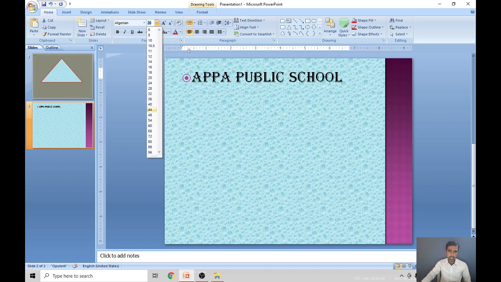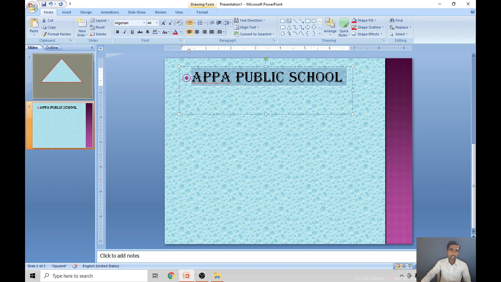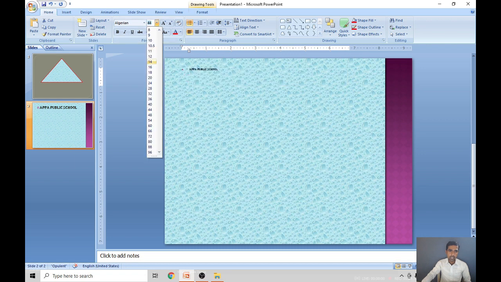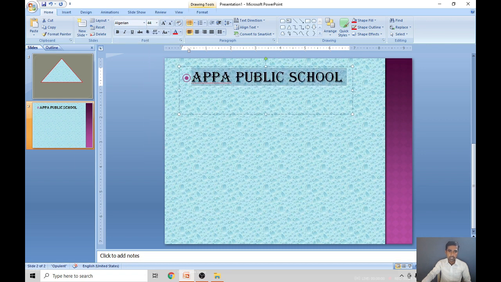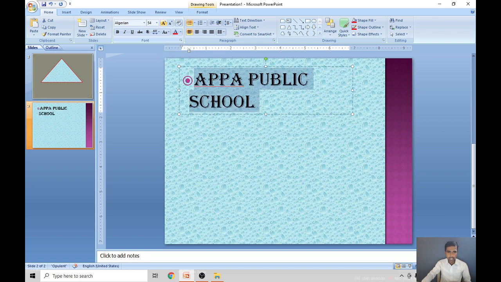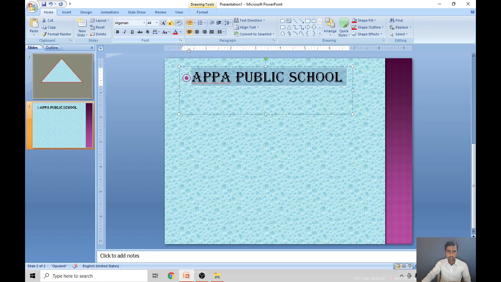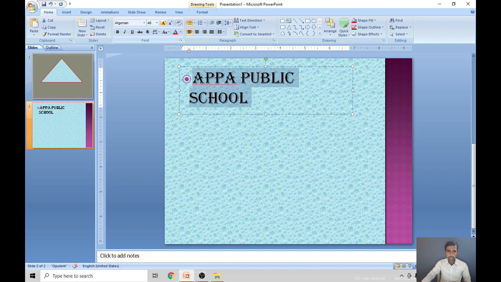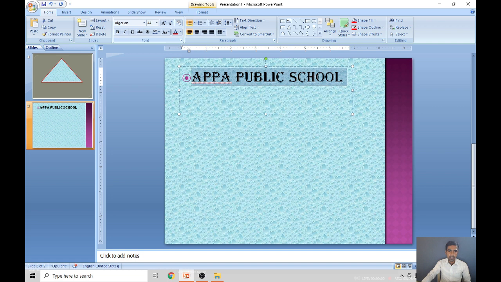See here, now it is increased. To increase the size of the text we have two options. One, you can click on the size option and change it, or else you can use the capital A. Here you can also make it smaller. The big A, if you click, will increase the size; the small A, if you click, will decrease it, right? This is also one of the formatting effects.